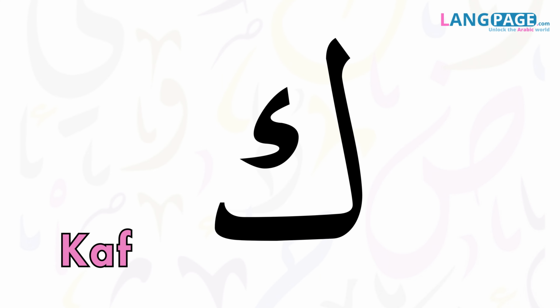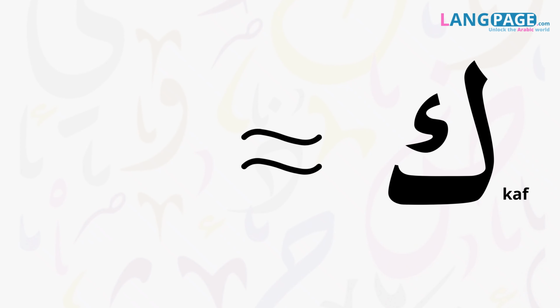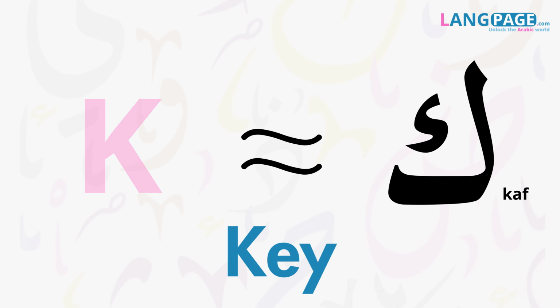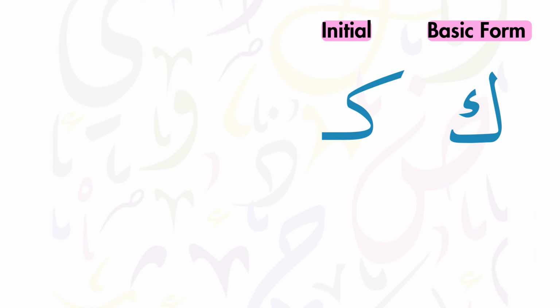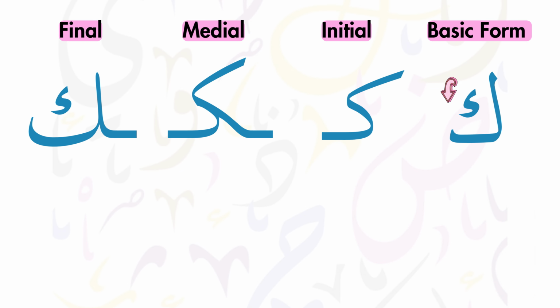The next letter is Kaf. The letter Kaf equals K in English, as in the word key. The letter Kaf has four forms. First, the basic form, the isolated one, which comes at the end of the word, as in the word malak,